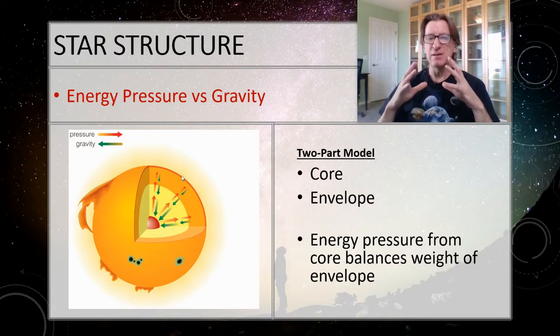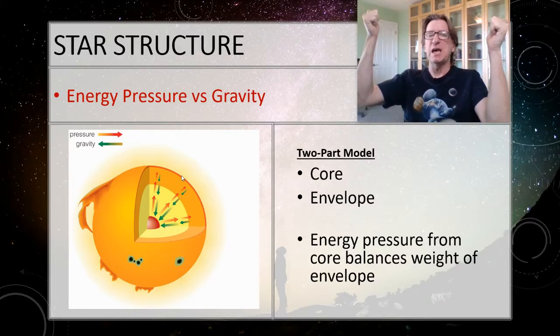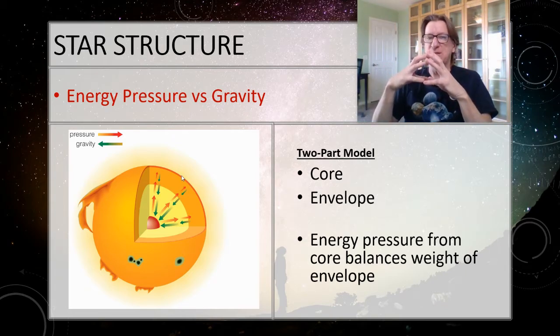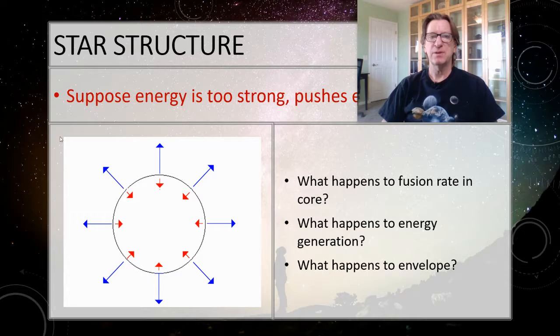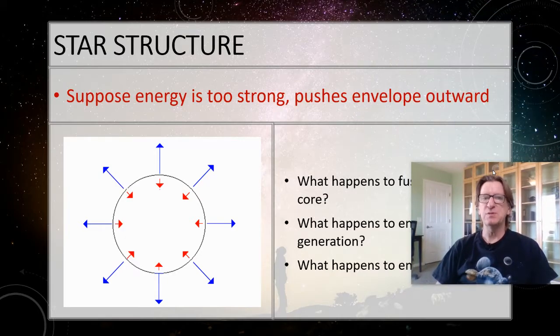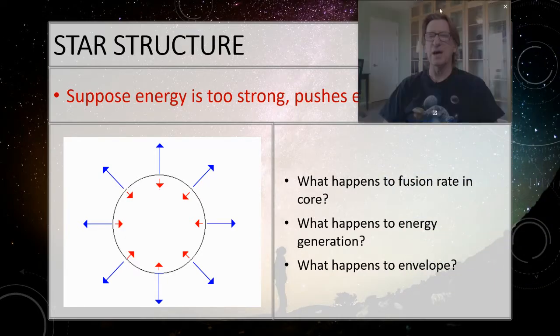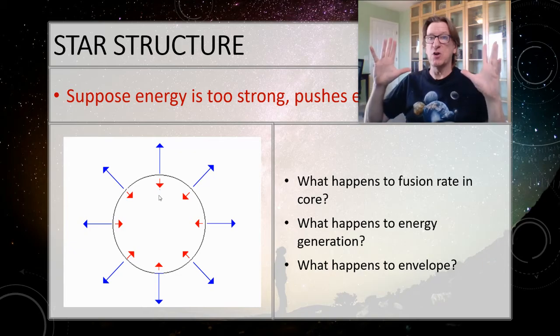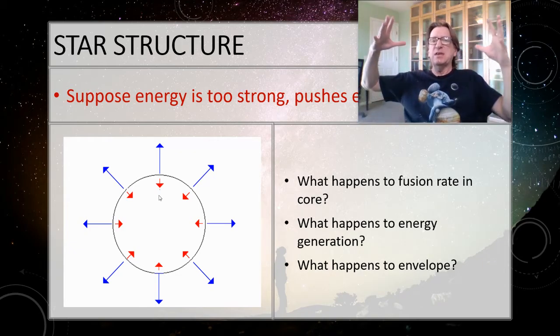Okay? It's energy balance, so if the star is stable, the pressure from the energy pushing out is equal to the weight pushing back, trying to cause it to collapse. Let's see how that works. So this is on the back side of your class notes here. Looking at what it says underneath, suppose the energy is too strong and it pushes the envelope outward. Okay, so let's suppose for some bizarre reason, the sun is putting out too much energy. So it's exploding harder. So all that energy is causing the gas to move outward of the envelope.